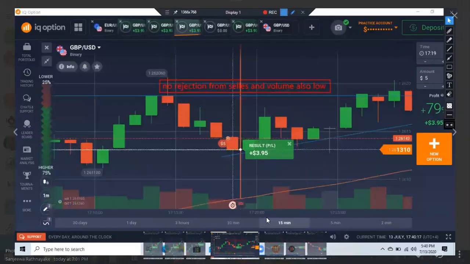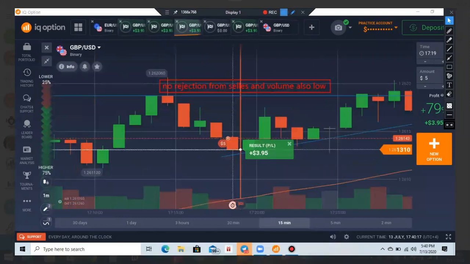Here, okay. No rejection from sellers and volume also low. Okay, so why is the volume low and we are taking this signal? Because there is a reason. The reason is the market